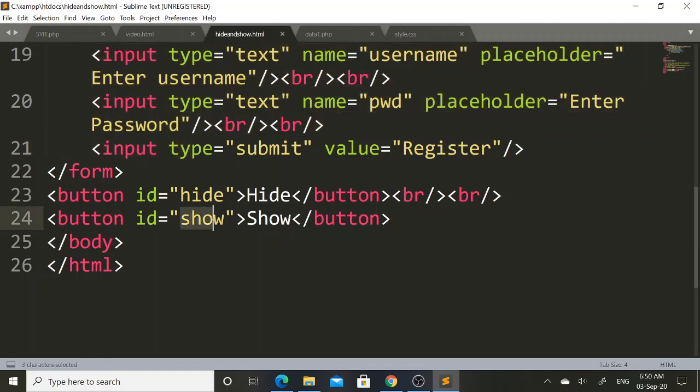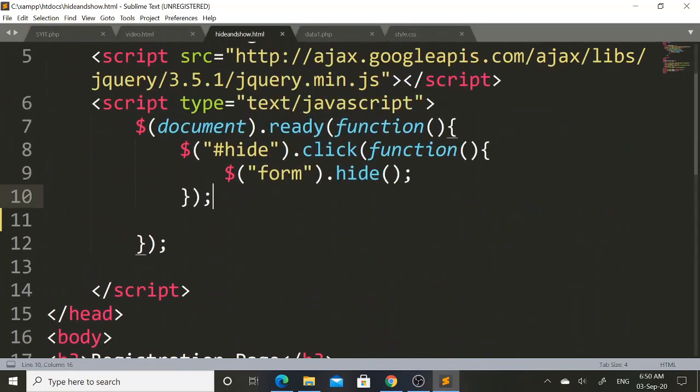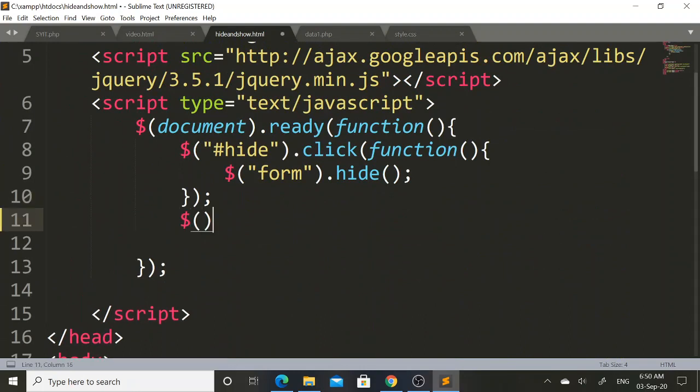So here I will use show id selector in next factory function. Dollar, open parenthesis, close parenthesis, this is a factory function. Within double quote I will mention hash show id. Again with the help of dot operator I will call click event.